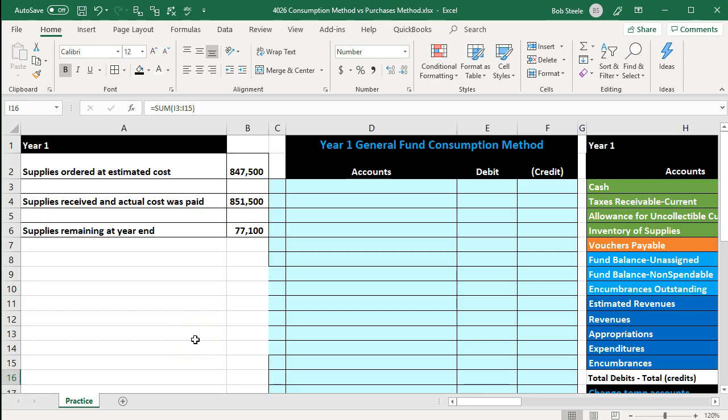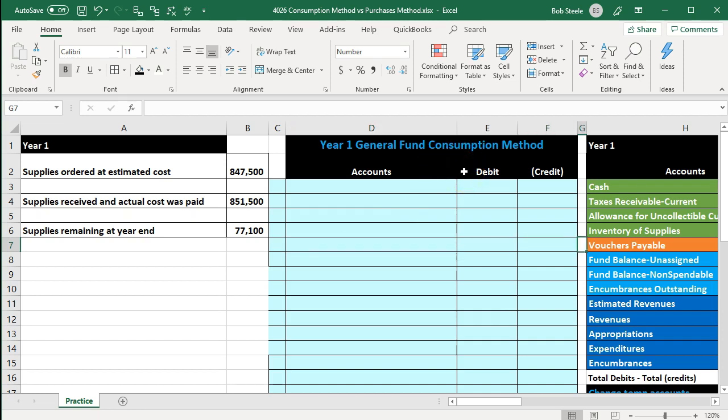In this presentation, we will work a problem related to the two methods for tracking and recording supplies inventory within fund accounting, that being the consumption method and the purchases method. We're going to have the information on the left side for year 1 and year 2. We're going to enter that information into the blue areas on the right side, including the general journal for the